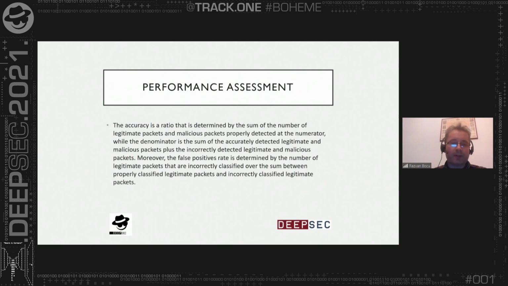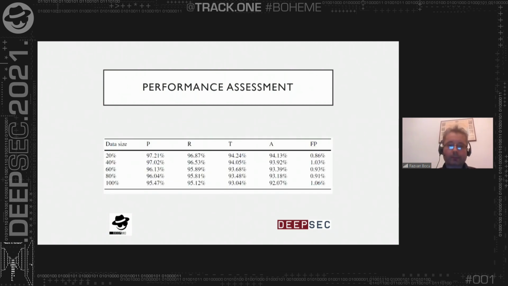Moreover, the accuracy is a ratio that is computed as the sum of the number of legitimate packets and malicious packets properly detected at the numerator, while the denominator of the ratio is the sum of the accurately detected legitimate and malicious packets plus the incorrectly detected legitimate and malicious packets. The false positive rate is pretty straightforward to understand, so I will not insist on it. We have created chunks considering the overall data set that we had at our disposal for the performance testing. Basically, we had 5 main chunks of data